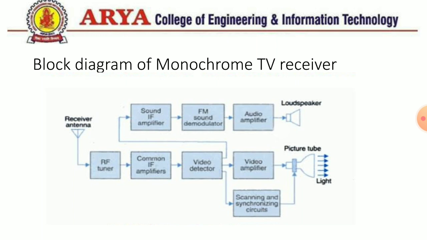The video components are first passed into a detector which separates the picture signal from the synchronizing pulses. The line synchronizing pulses and the frame synchronizing pulses are fed into the horizontal and vertical deflection plates of the picture tube. The blanking pulses are given to the control grid of the electron gun of the picture tube. The picture signals are applied to the filaments of the electron gun of the picture tube.